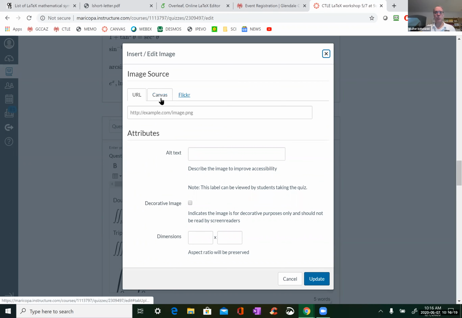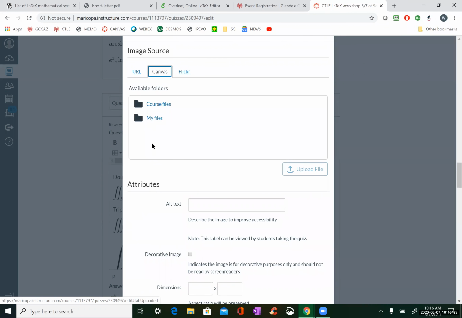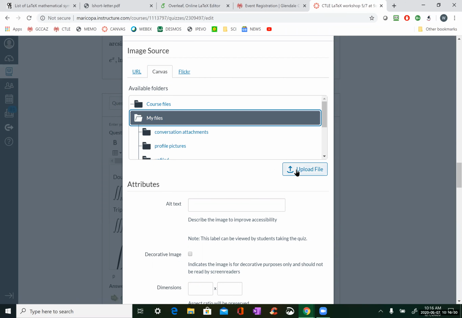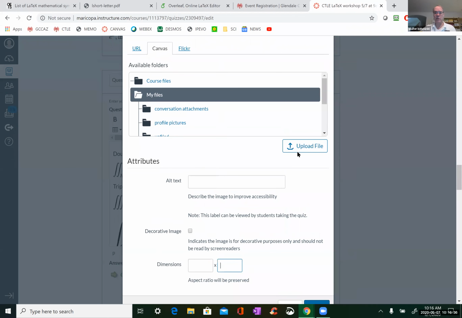Now, what you can do, if you go to Canvas, is if you have it on your computer, you can click where you want to put it. And then you click upload and upload it in, and then you can set dimensions, aspect ratio down here.